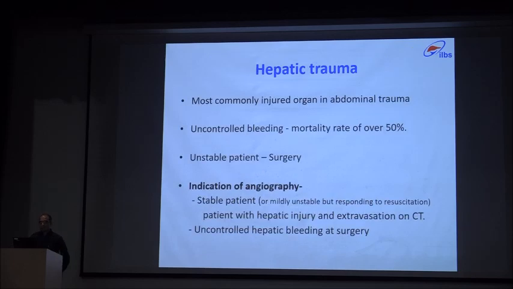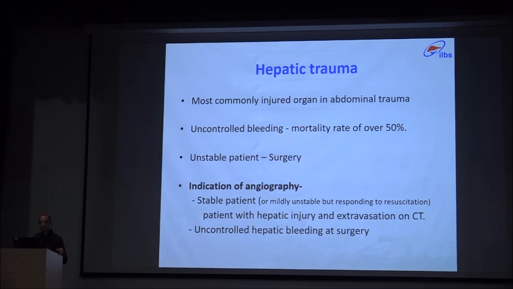In hepatic trauma, angio embolization has a major role because if we do not control bleeding in liver trauma, it has mortality of more than 50%. The liver is the most commonly injured organ in blunt abdominal trauma. In such patients, if the patient is unstable at the time of presentation, usually surgery is the